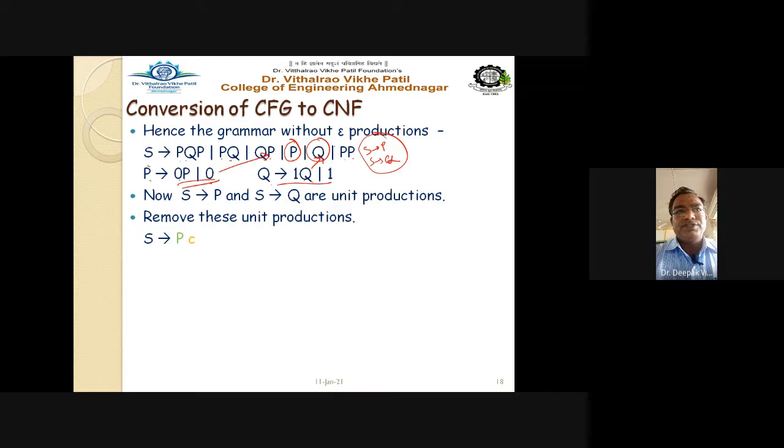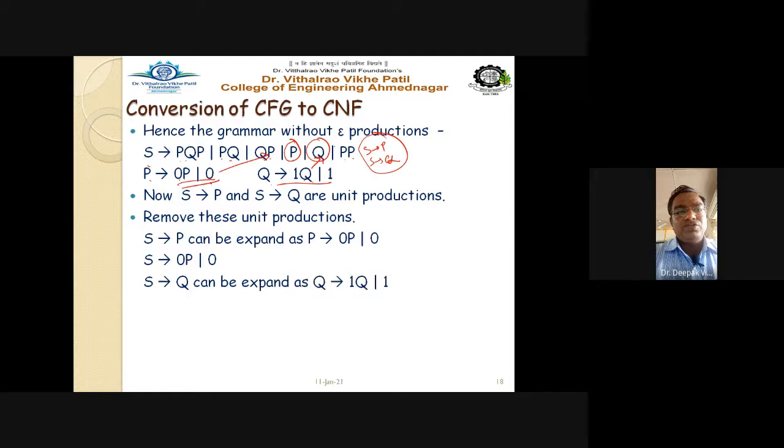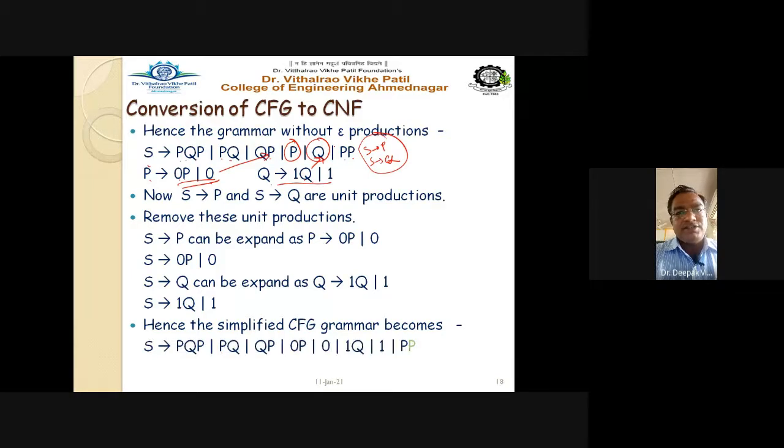Remove these unit productions. So S tends to P can be expanded as P gives 0P and 0, so S gives 0P and 0, and S gives Q can be expanded as Q gives 1Q and 1. So S tends to 1Q and 1. Hence the simplified context free grammar can be written as S produces PQP, PQ, QP,